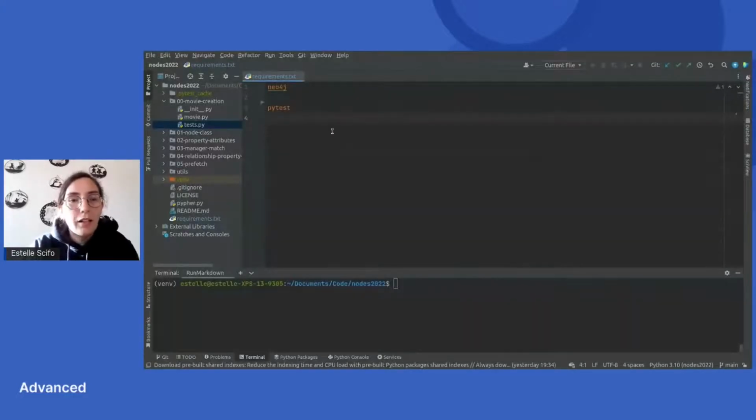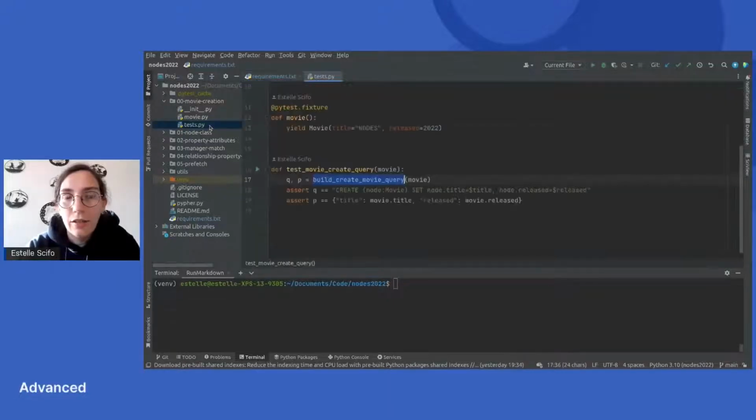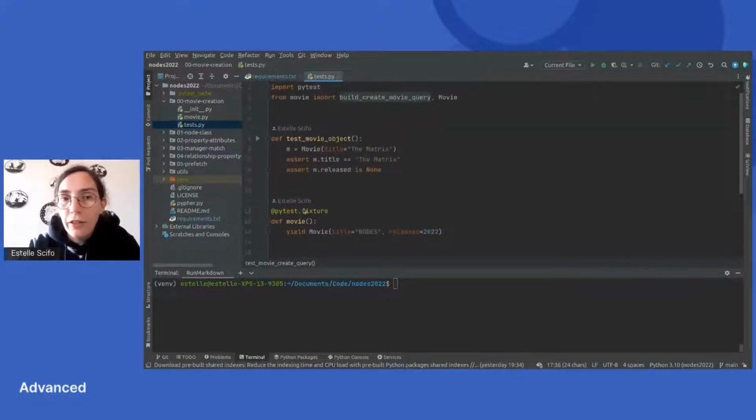So here you can see that the only requirements that I have are the Neo4j Python driver, and I'm also using PyTest to write some tests and see that everything is working as expected. If I start by writing tests, what I want to be able to do is to define, for instance, a movie class with a title.